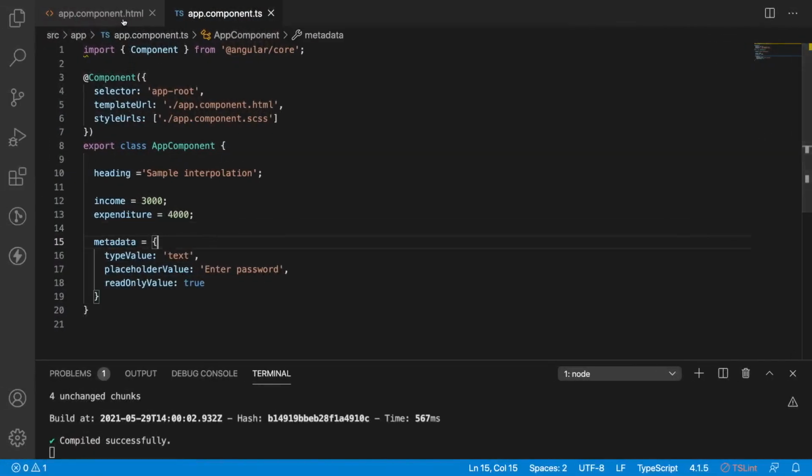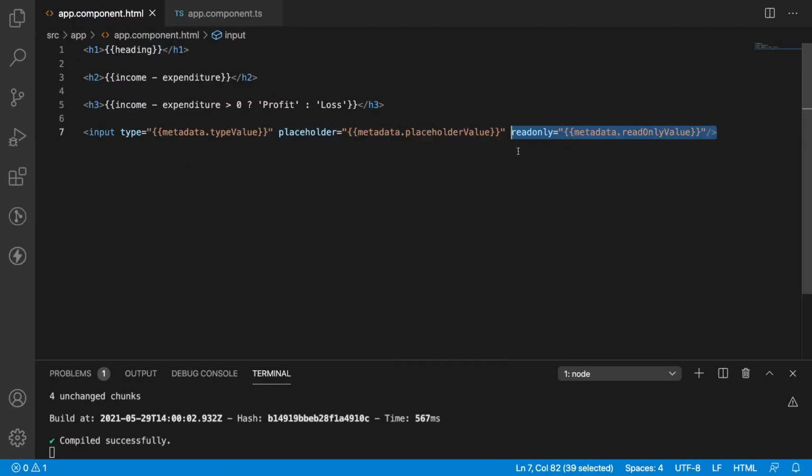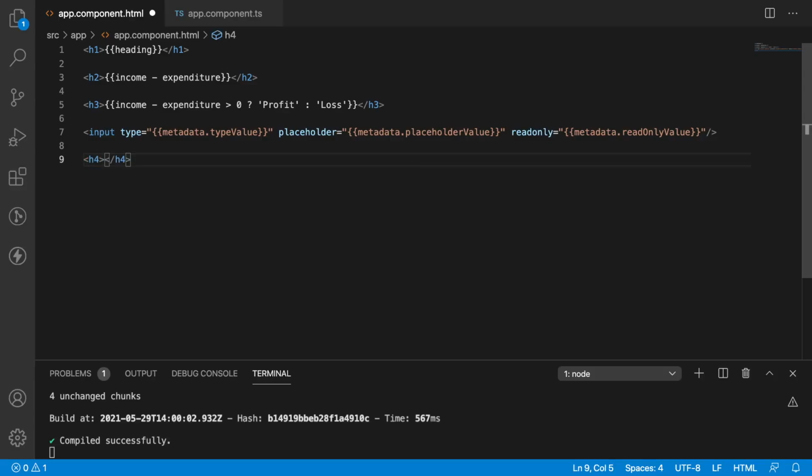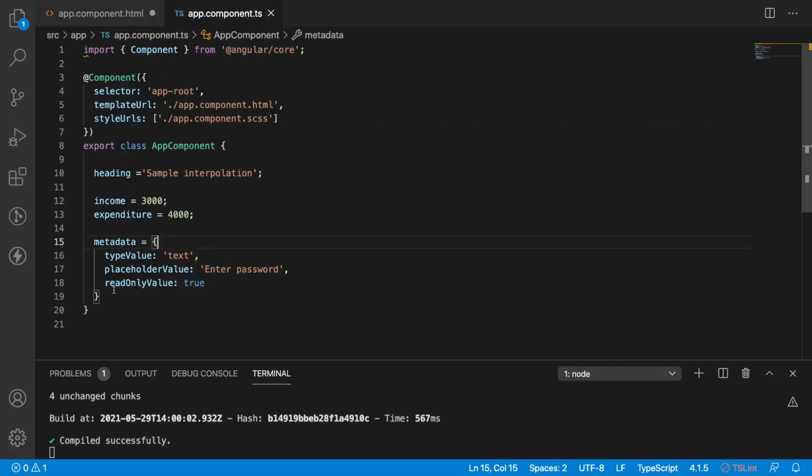So now let's understand one more thing. Even interpolation is used to get the values from the methods of the TypeScript. For example, I have an h4 and here I am using an interpolation. I'll use something like getName, a method which will be declared and defined inside our TypeScript.